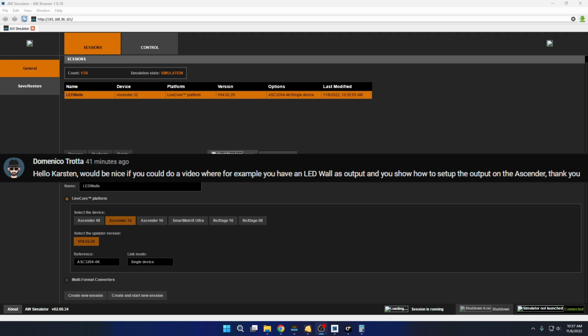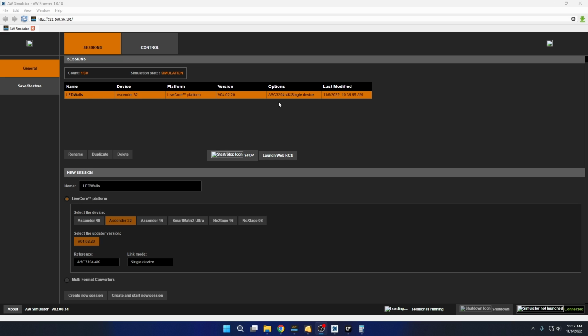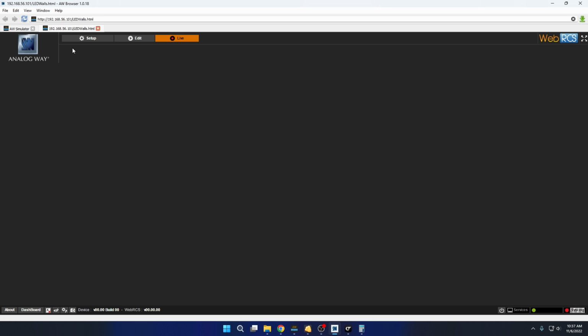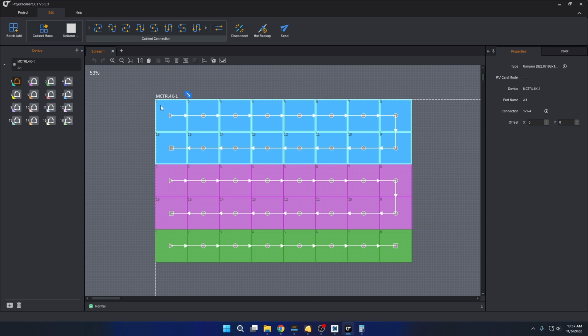Got a comment about how do we do LED walls in an Ascender. So let's take a look at that. I've got a simulation running here, 32 4K. We'll launch the RCS, and we'll cover a few things, but our main scenario here is that we got a